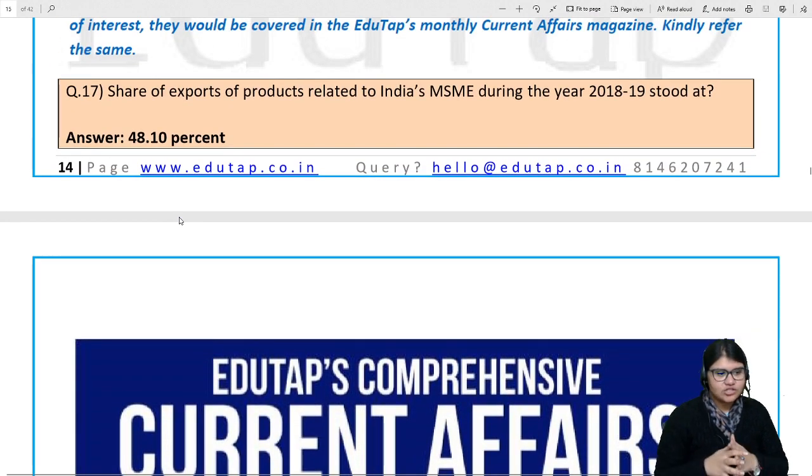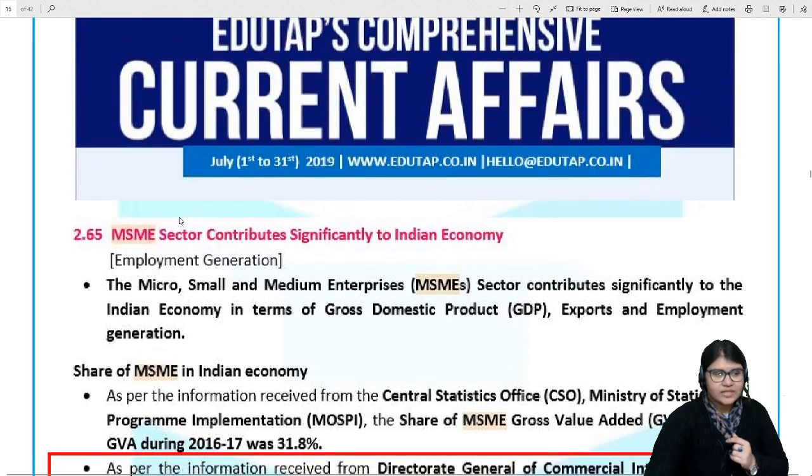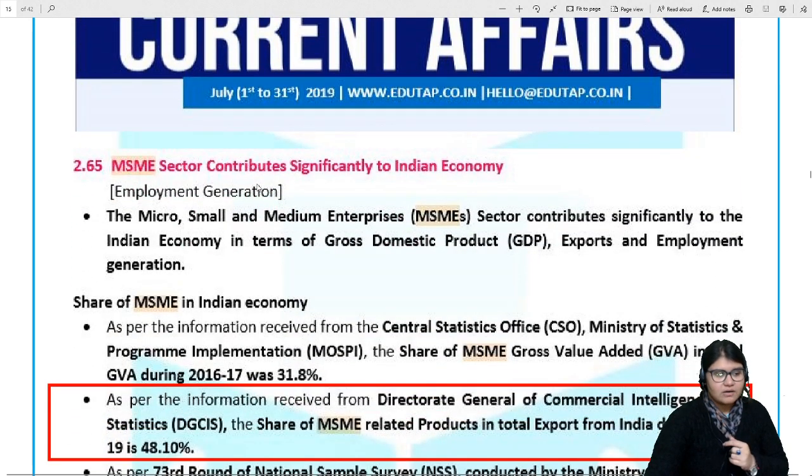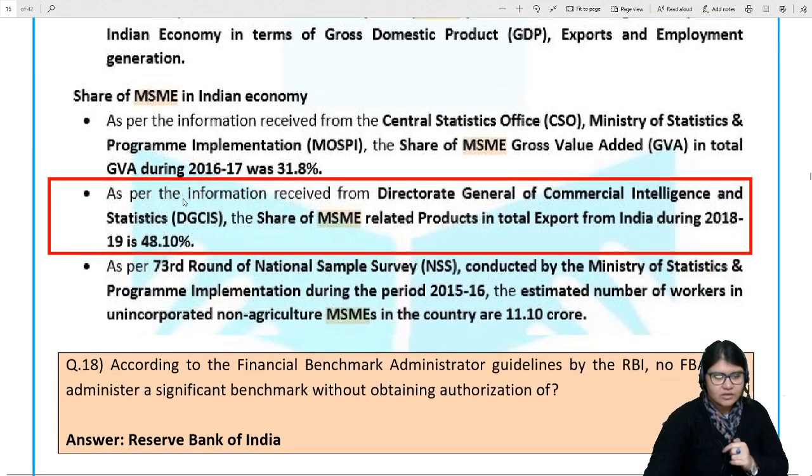Next, 17th question, the share of exports of products related to India's MSME during the year 2018-19 stood at what percentage? The answer is 48.10%. You can see this was again covered in the July monthly Current Affairs magazine that we provide. So here the MSME sector contributes significantly to the Indian economy, right? Here it is given the share during 2018-19,